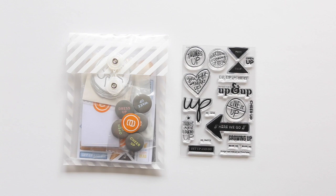This month we are talking about a wide variety of different kinds of stories that include the word up. Talking about never giving up and moving up and living it up and thumbs up and up, up and away, all kinds of different stories. There's so many stories that kind of play into the word up. Lots of things about movement and motion, and I'm super excited to see how you guys end up using the